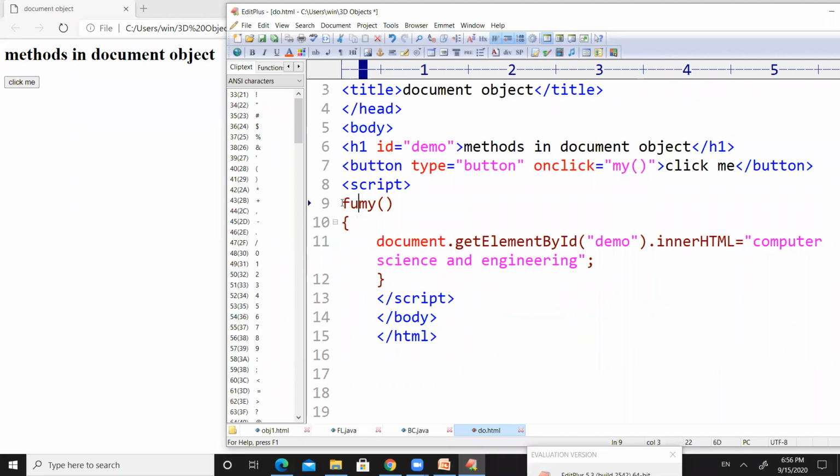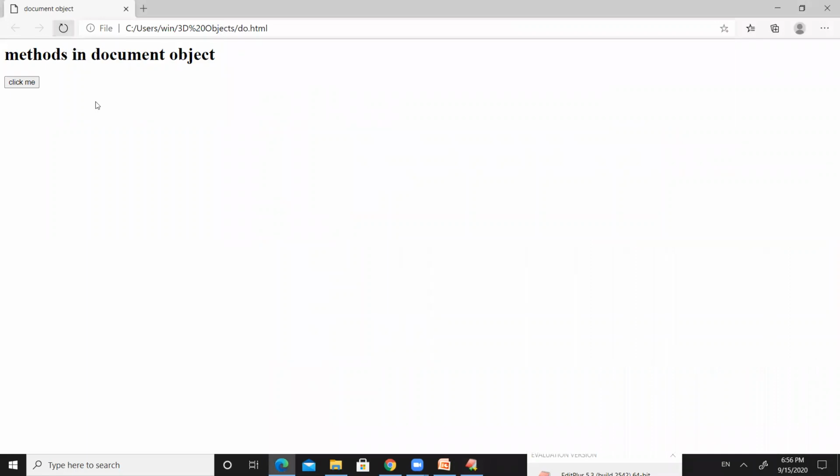Right, I'm sorry. In order to define a function in JavaScript, we need to make use of the function keyword. Sorry for that. Now it will work fine. Don't worry. Saving this code, make a refresh here. Now make a click on the click me button. So if you make a click on this click me button, you can see the text.